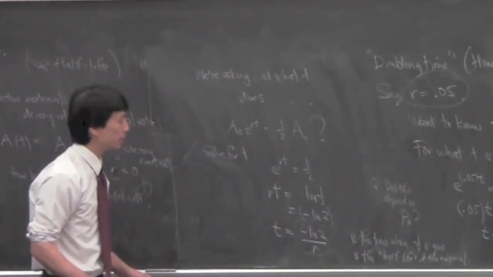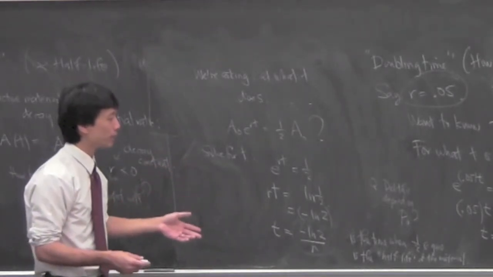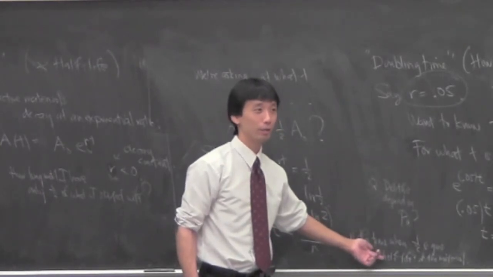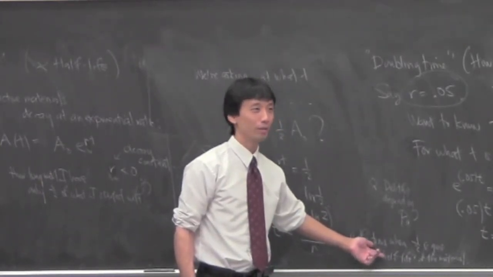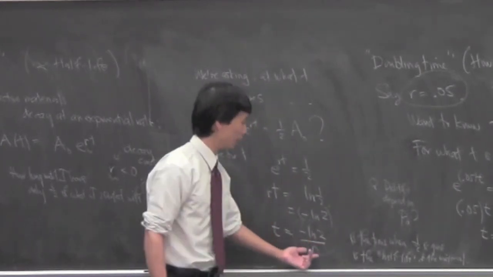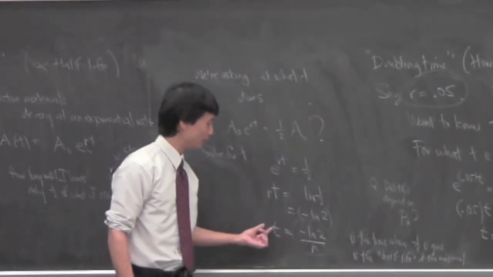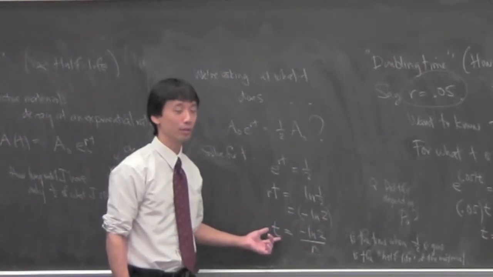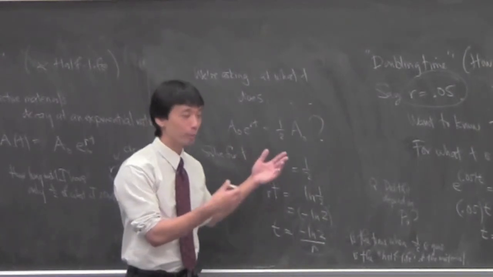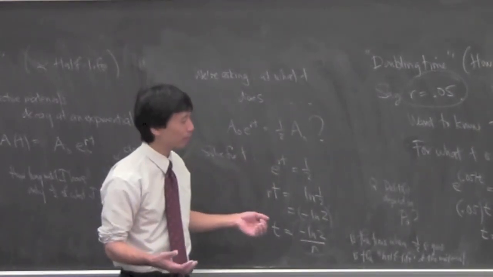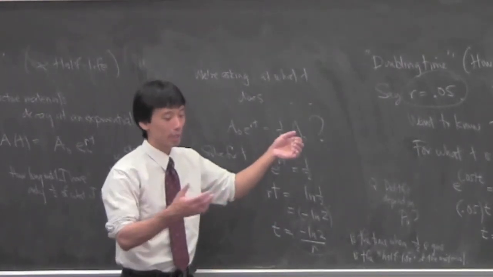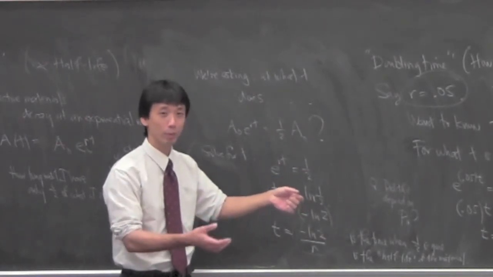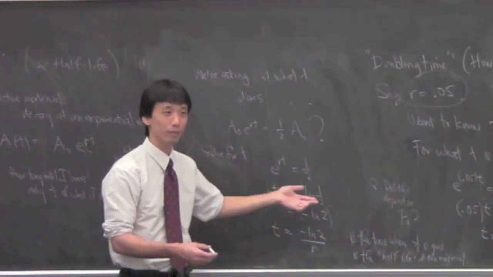And next time we'll see that we can actually go the other way. If somebody gives you the half-life, then you can figure out the rate. Here it is. R is just going to be negative natural log of 2 over t, with t being the half-life. And so you can go backwards. There'll be various problems like, if you have the rate, tell me how much you have at this point in time. Or, I give you only the half-life. Can you tell me how much you have at this point in time? Well, sure. You figure out the rate first, and then you figure out how much you have at that point in time.